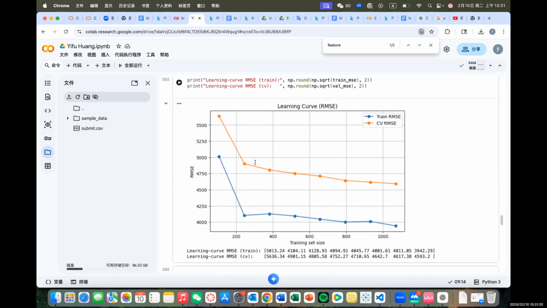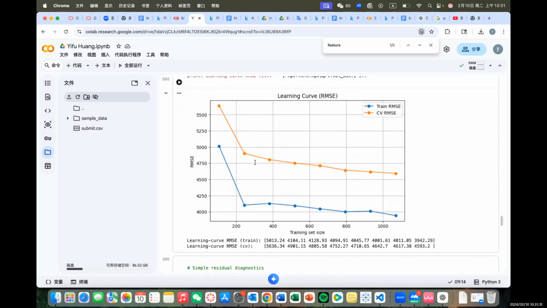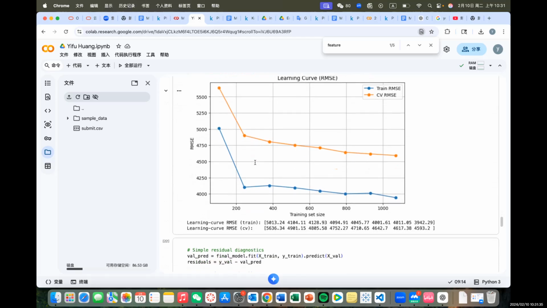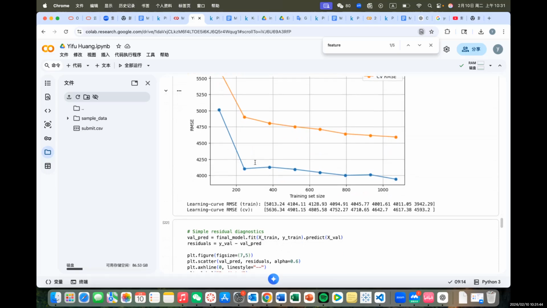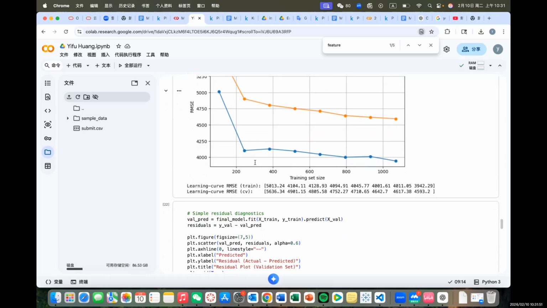Second, I used the learning curve. The training RMSE is lower than the CV RMSE, and there is a consistent gap. When the training size increases, both curves improve, but they do not meet. This suggests some overfitting, meaning the model fits the training data better than unseen data. However, the CV RMSE also improves as the training set grows, so more data would still help, and the model is not